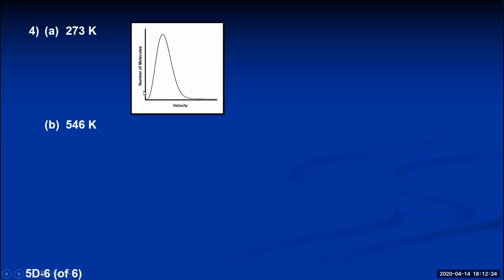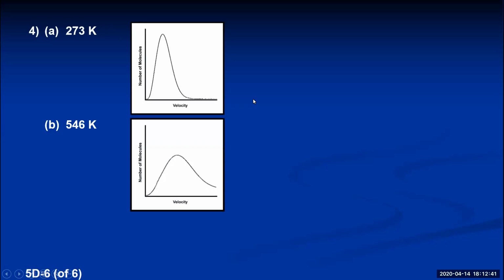So as it increases, this curve, instead of just completely shifting over, spreads out so that the average now is at our higher velocity of 697. But notice the curve is flattened because the molecules are spreading out over a wider range of velocities. The area under both these curves is identical, which means the number of molecules in the container are the same, but the graph is actually more spread out as the temperature increases because the molecules not only have higher kinetic energies, but they will still have a number of molecules with low kinetic energies and therefore low velocities as well.